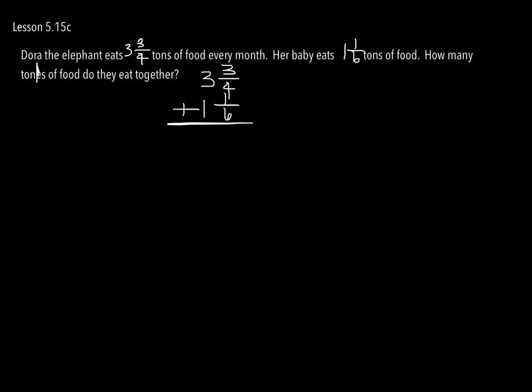And first thing we have to do is make sure we are talking the same language between these two. And where do they meet? Well, if I skip count by 4: 4, 8, 12, 16, 20. And then if I go the other way, 6, 12, 18. So where they meet, they're going to meet at 12